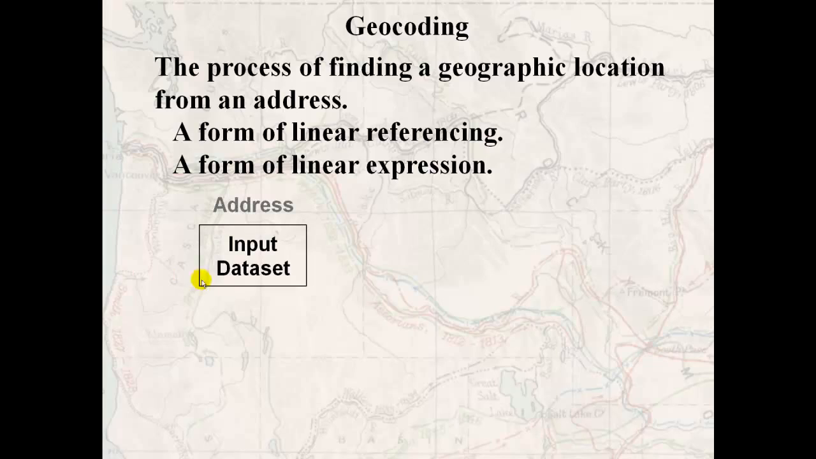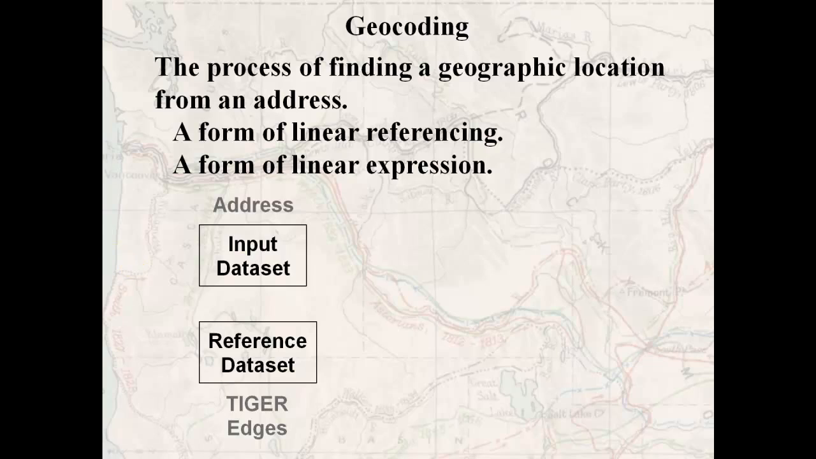How does it work? You've got a bunch of addresses. They can be tables, they can be a single address, anything like that. That's called the input data set. It doesn't have spatial information, just addresses. Then you've got this reference data set, and this is the network that has the street locations. Tiger, the census, gives you the street networks for the entire country,